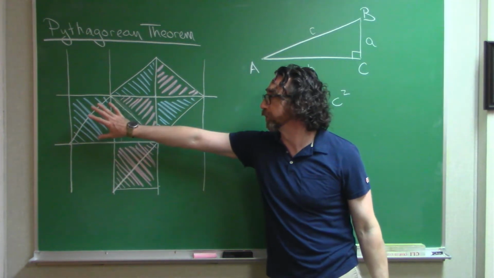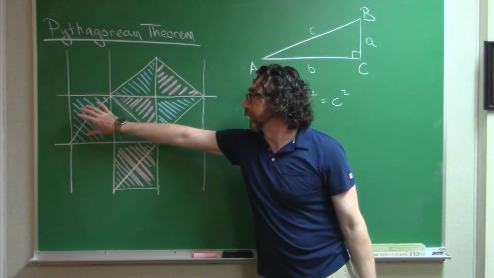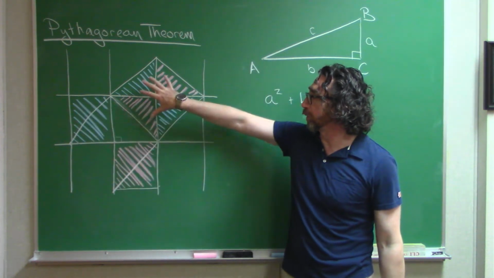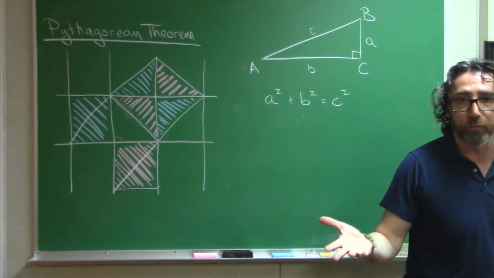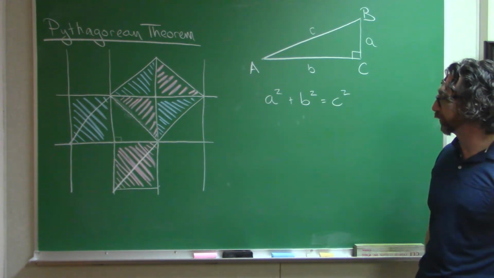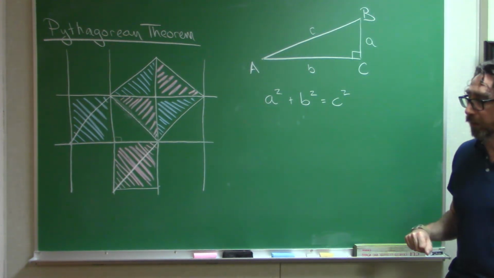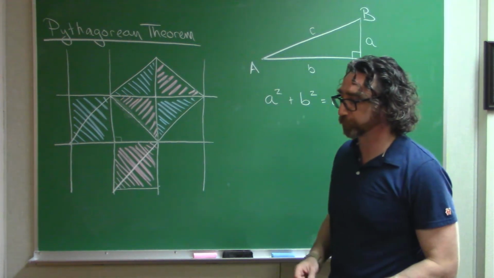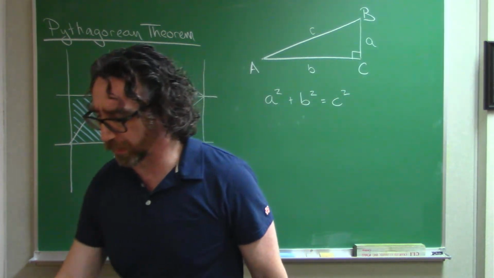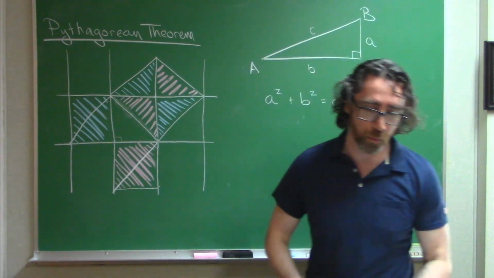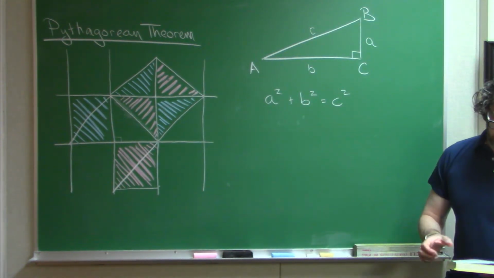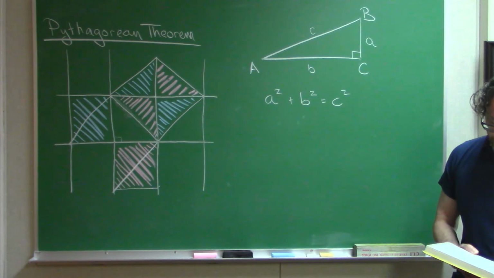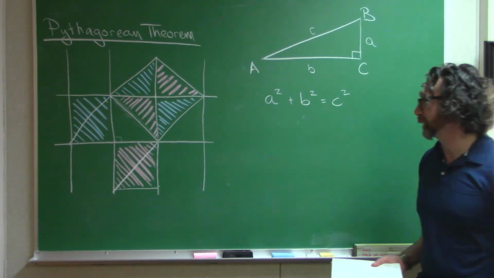The area of the squares on each of the legs total up to the area of the square on the hypotenuse. I'm sure you've seen it before. It'll be a very useful theorem. I'm going to pull a problem from the book that we'll be using in our course. Let's do this one. In triangle ABC,